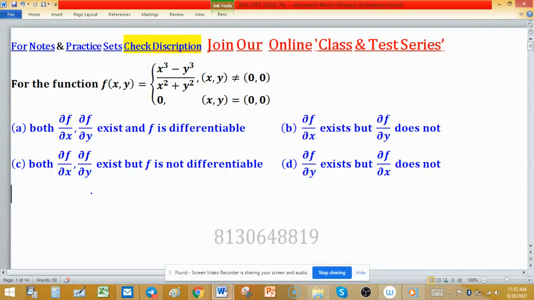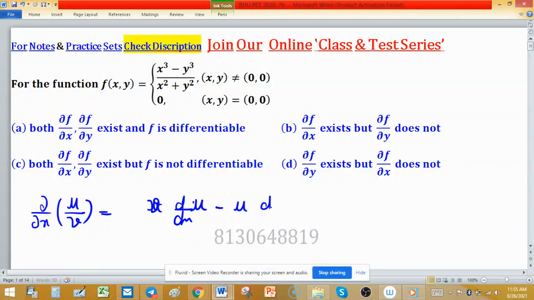As the function is given, we can find the partial derivative. Suppose this is a function of variables u and v, then we can find the partial derivative with respect to x and y of u over v, which equals v times d u over dx minus u times the derivative of v with respect to x, all over v squared. Using this formula we can find